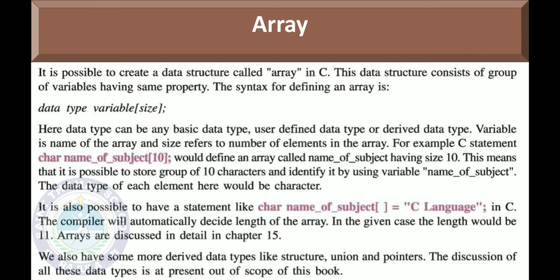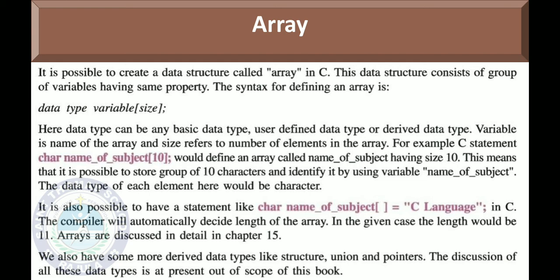For now, just remember that an array is a group of variables with the similar data type, and that reduces the size of our program. Array is a derived data type.